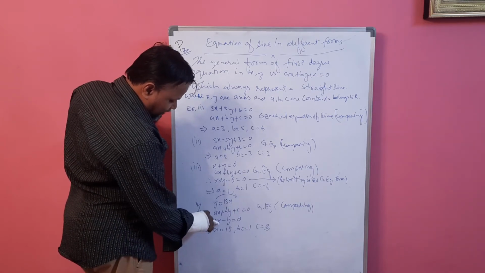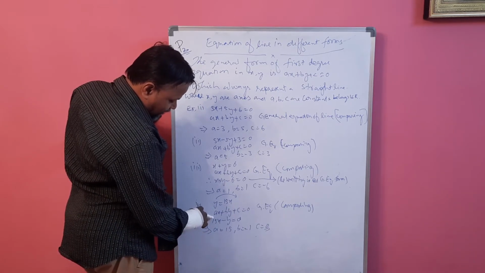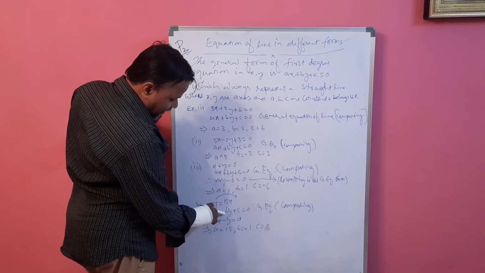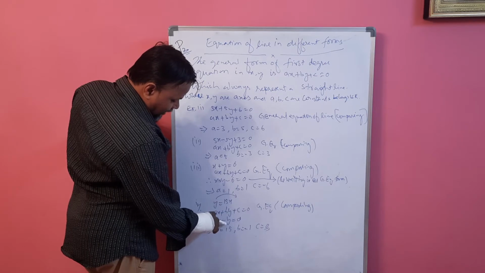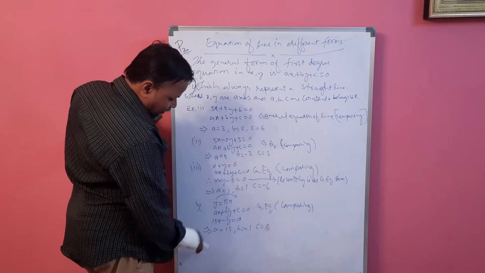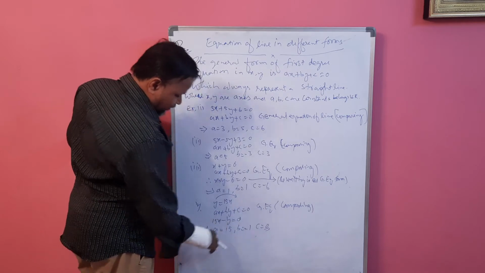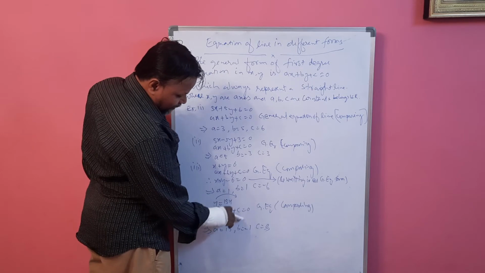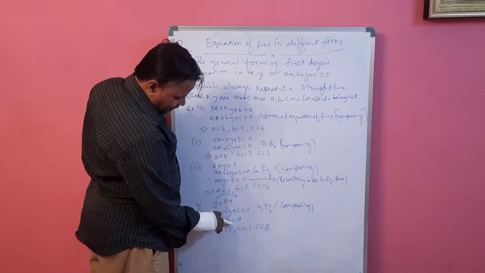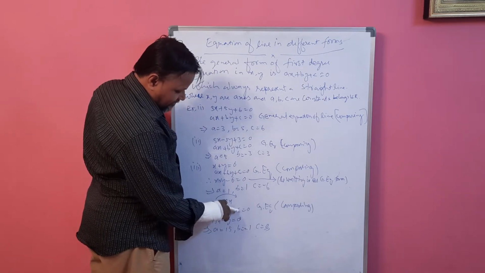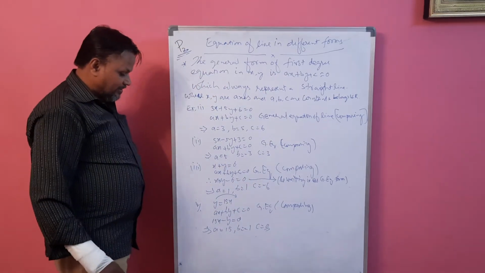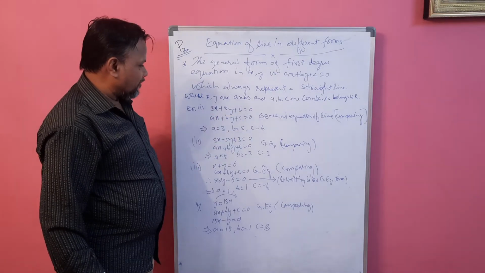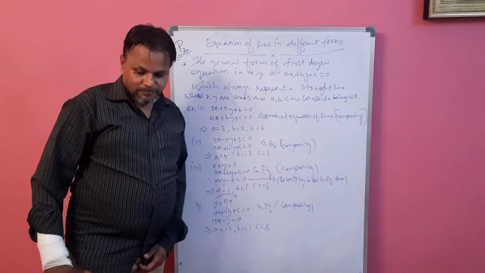Now compare the coefficients. The coefficient of x is a, it is equal to 15. The coefficient of y is b. Now here it is minus 1. The minus sign is there, that's why it is minus 1. For c, no value is there. 0 after the equal sign. If nothing is there, we have to take c as 0. These are the values we get for the constants by comparing with the general equation.